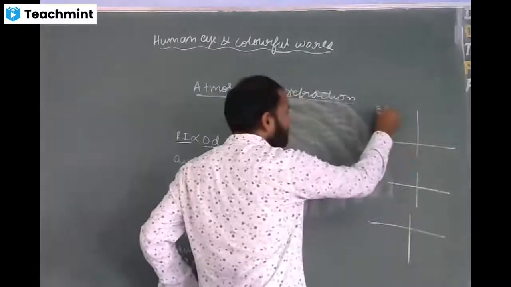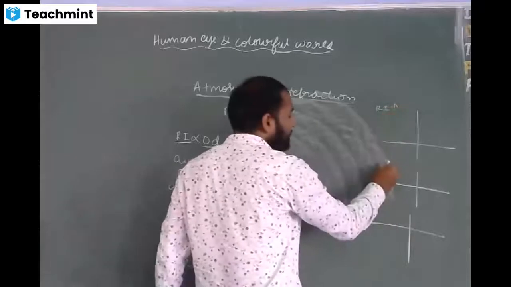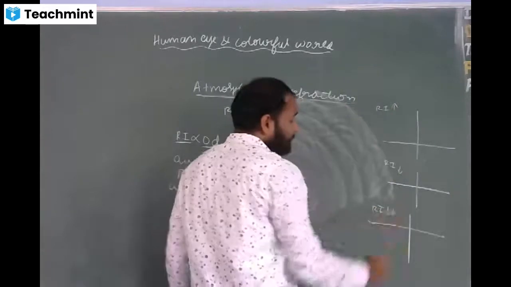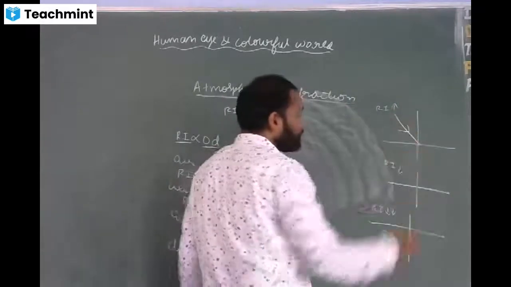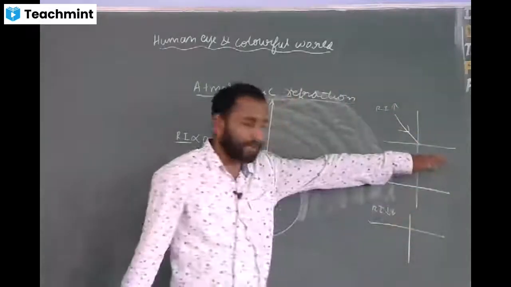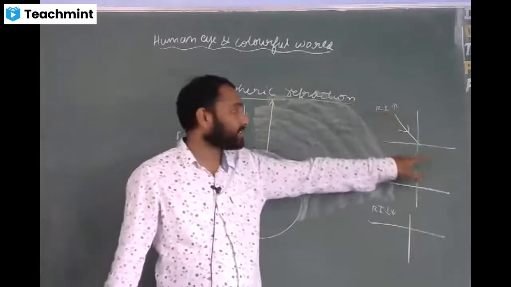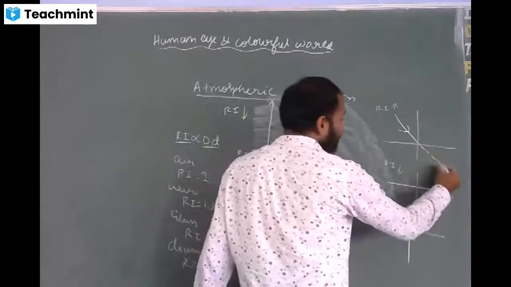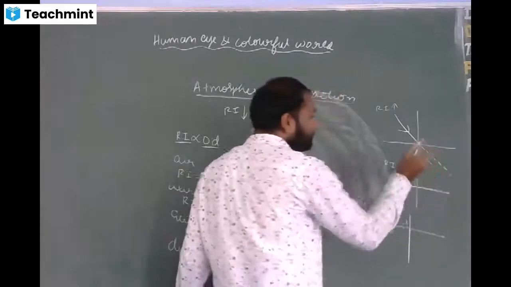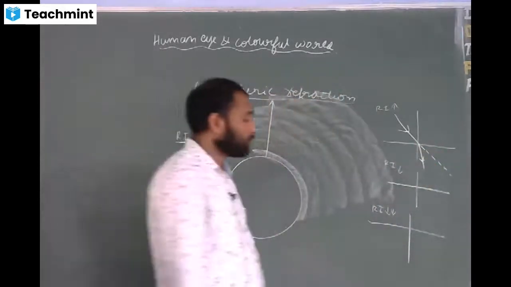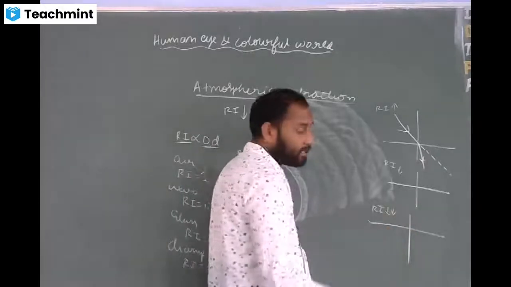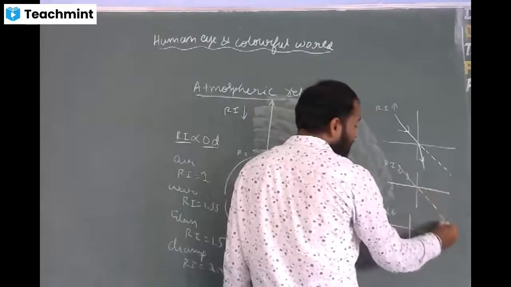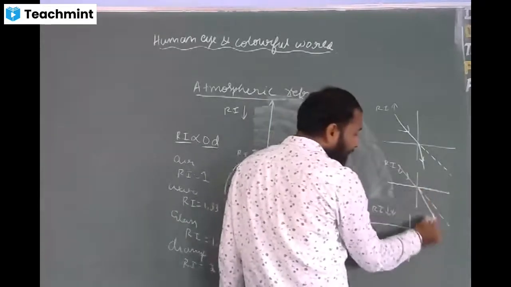First case, refractive index is more. Second case, refractive index is less. Third case, refractive index is too less. When light enters from this medium to this medium, in the second medium I am considering, refractive index is more, so the light ray, instead of going this way, will bend towards the normal. Correct? Yes, sir. Now here refractive index is less. As the refractive index is less, the light ray, instead of going this path, will bend a little bit.